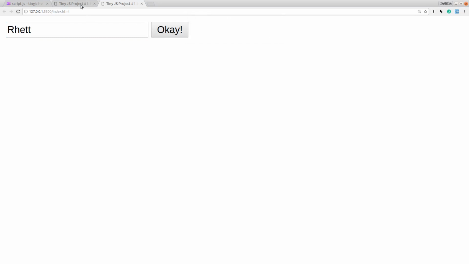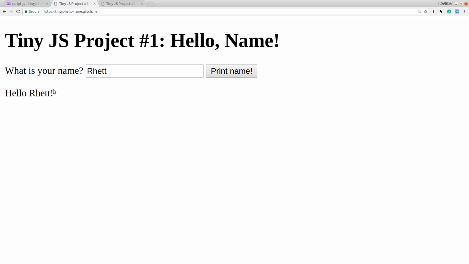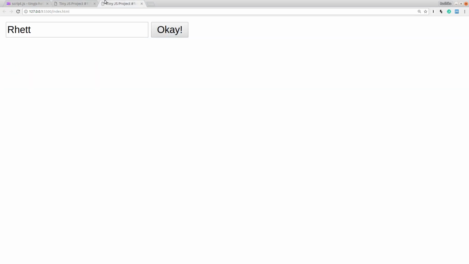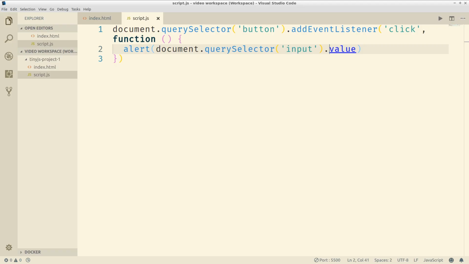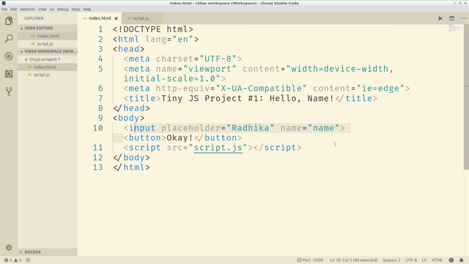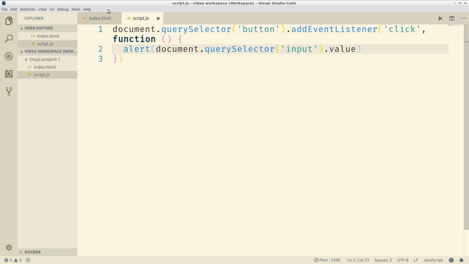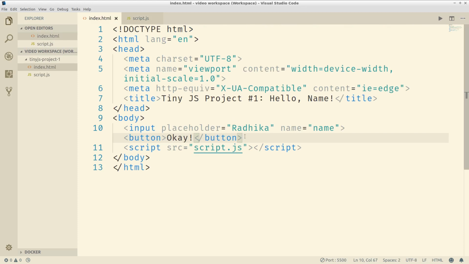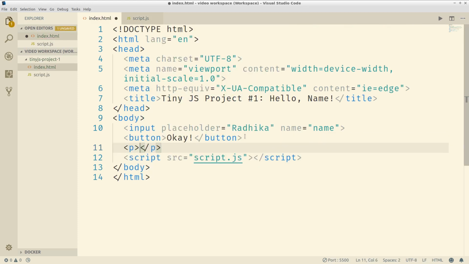But we don't want it to do the alert. We want it to print the name down here. So how do we do that? We want it to print in our HTML document. So first of all, we need to have a place for this JavaScript to write it on. Just like how we selected these buttons and inputs, we need to select a spot to write it on. So what we can do in our HTML is we can just add a